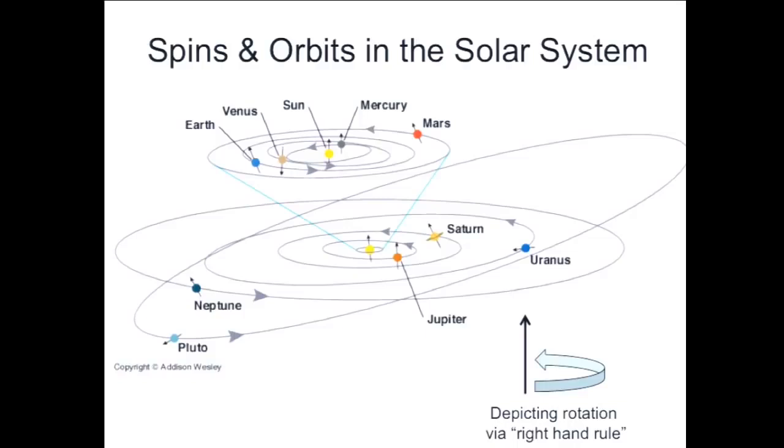So the arrow here indicates that the planet's orbit is like this, and your thumb is pointing in the direction that's perpendicular to the plane of the orbit. And this is a right-handed globe, is it? Yes, so this is biased towards right-handed people. That's exactly right. So when you see these arrows, that's what they're trying to convey: the direction that things are going.